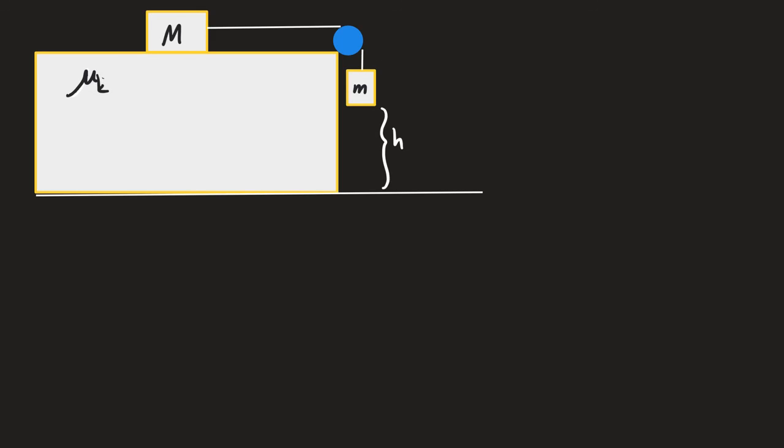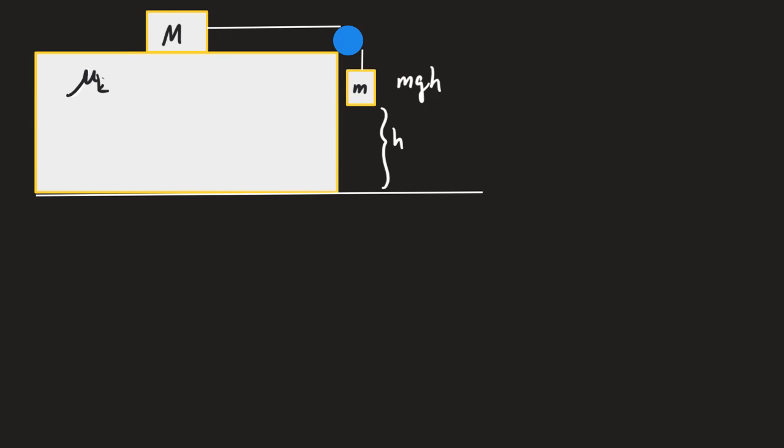Therefore, it will not experience a change in potential energy. So it has none. The box hanging off the table is not at its lowest point. I believe it will descend a distance h,